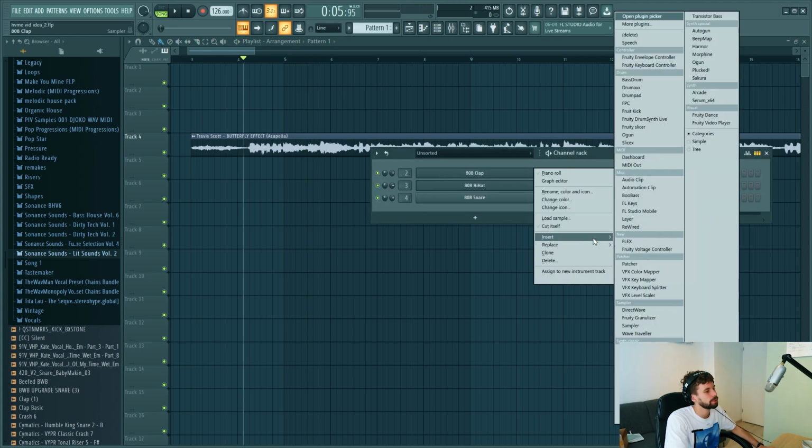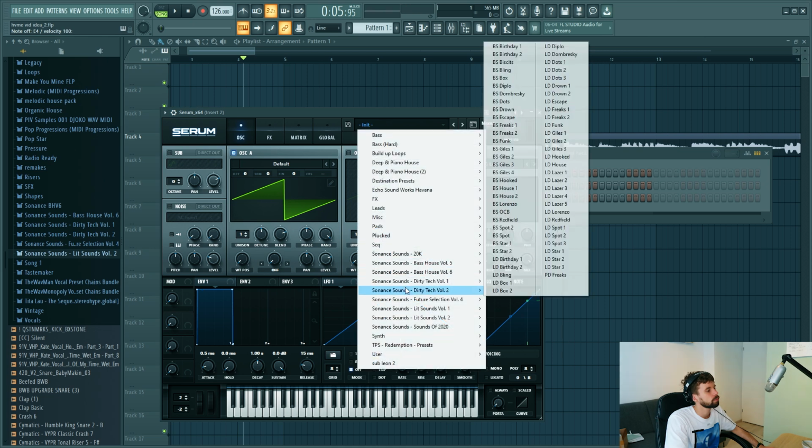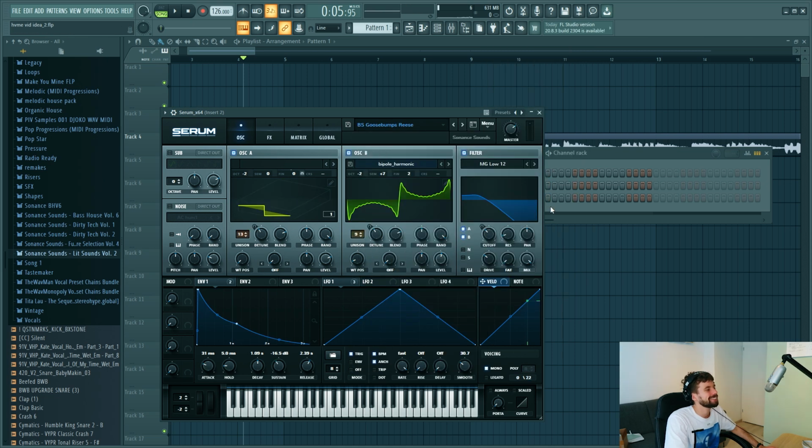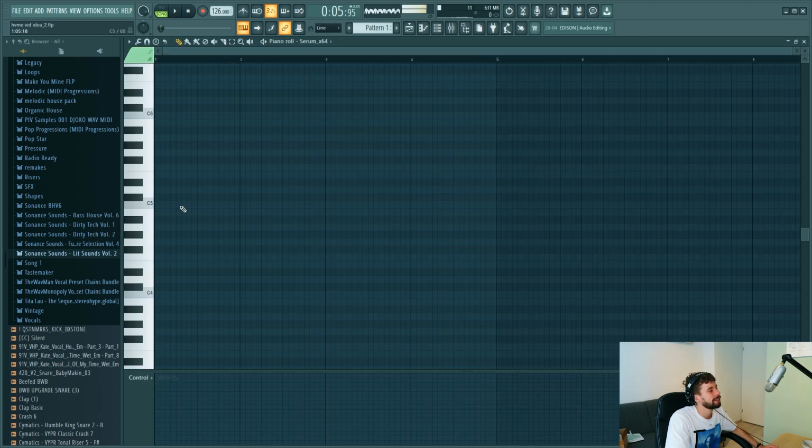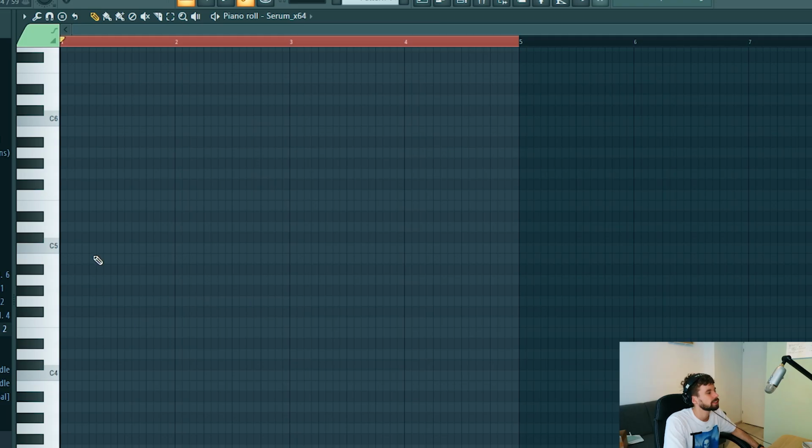Open up new Serum. So let's use the Goosebumps reeses. It's made based on the remix, so it sounds quite similar. So now let's make the melody. We're working in B major, so